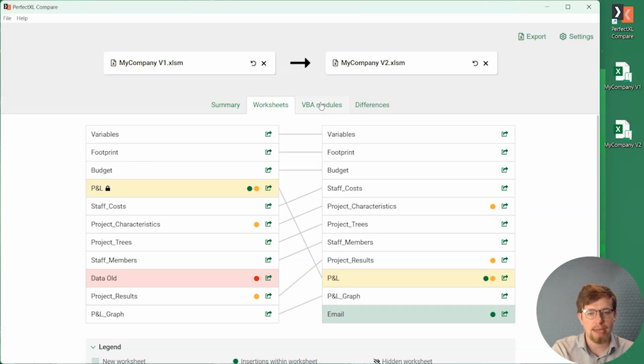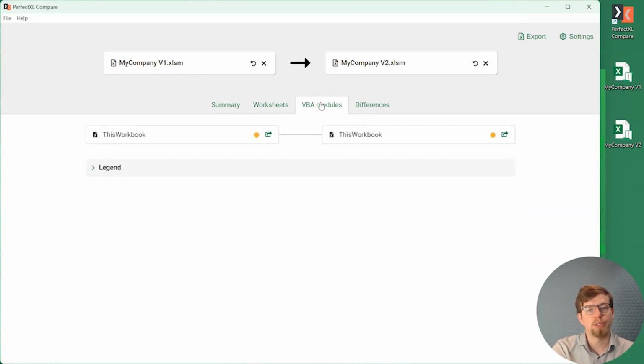Let's hop over to that next tab, the VBA modules. Here we can see any modules in the file. In this case, it's just one, and we can see whether or not they were edited. This looks very similar to that worksheets difference. In this case, we are going to click on it. We're going to go over to the differences tab by doing this, and it will filter directly on VBA code